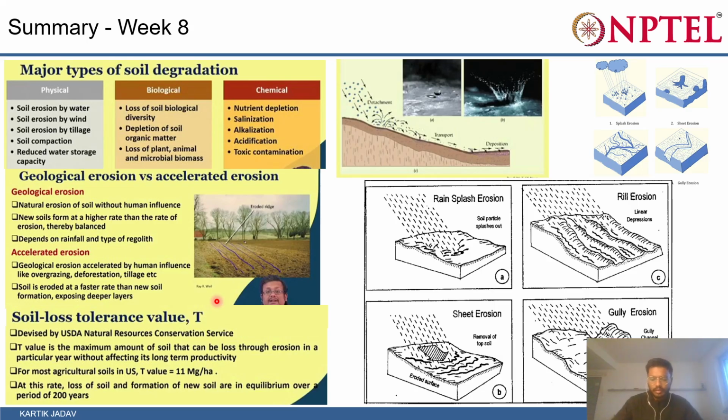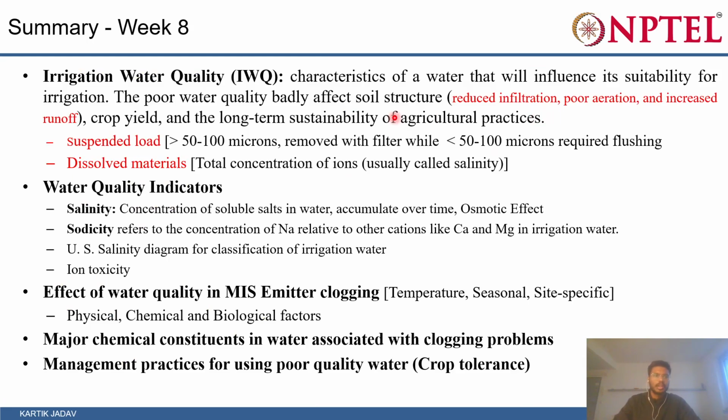Then we also talked about types of water erosion. There are generally four types. The first one is rain splash erosion, then rill erosion, sheet erosion, and gully erosion. Sorry. Then